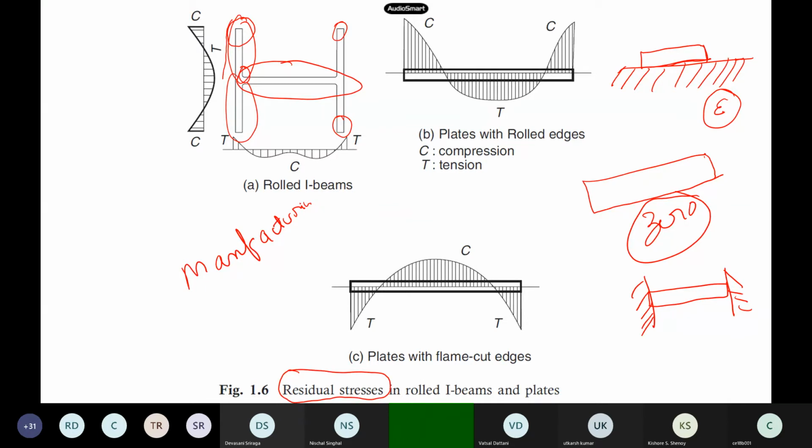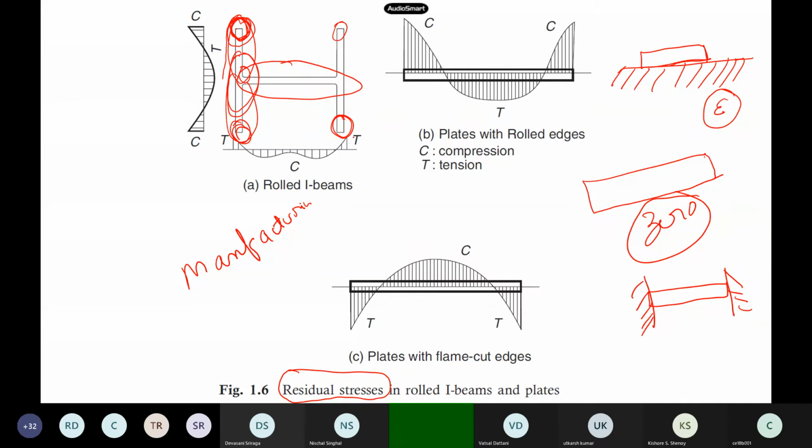If they don't cool it properly, you will have these things, and you have to account for these residual stresses also. For example, if I have this flange here, the flange stress should be zero, but the edges will be in compression, and the middle of the flange will be in tension. The edges cool fast because they are outside. That happens during manufacturing, so the edges go into compression, but inside the temperature will not be uniform, so you will have tension inside.